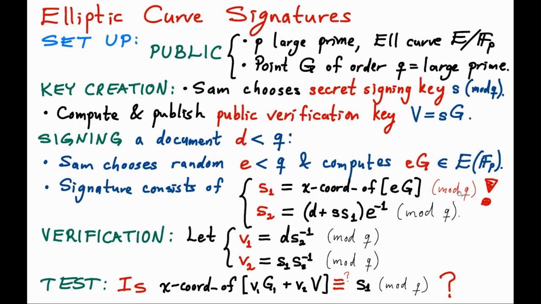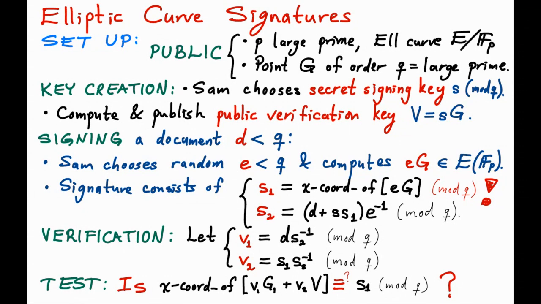And the point is that, from an algebraic point of view, what this exclamation mark here is trying to tell you is that what is happening here is not a homomorphic process. Arithmetic modulo P and modulo Q, when P and Q are different primes, are usually not algebraically compatible with each other. So the fact that you're taking the X coordinate here and arbitrarily identifying it with a number between 0 and P minus 1, right? You could identify it with another integer which is congruent modulo P, but that would change S1.